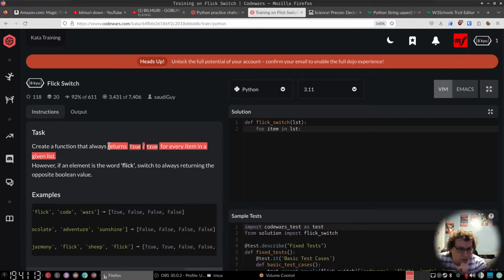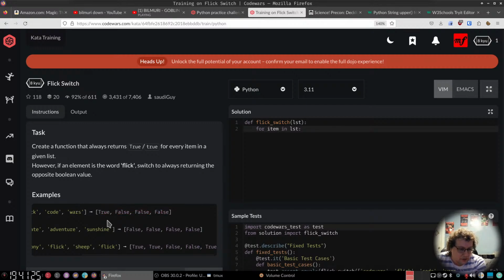Create a function that always returns true for every item. It can't return for every item. That doesn't make any sense. You want it to return... I think what he wants is a list item, because this is what he's showing, right? So it looks like he wants a list that has true, false, false, false, whatever the value is. Okay. So